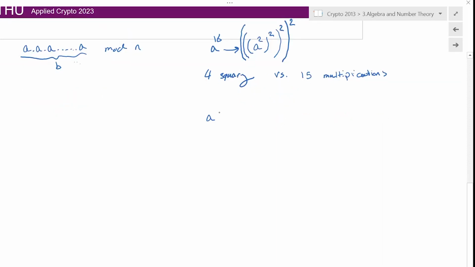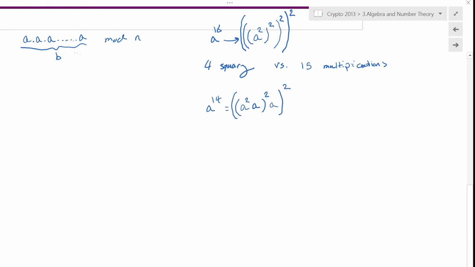Let's see another number. If I ask you to do a to the power 14, how can we do that? Let's see how I build it up. I do a to the power 2, and then I multiply this by a, and I get a^3. If I square a^3, I get a^6. And if I multiply by another a, I get a^7. And then if I raise the whole thing to the power 2, I get a^14, right? So instead of 14 multiplications, I do 3 squarings and 2 multiplications. This looks like a much better way to do